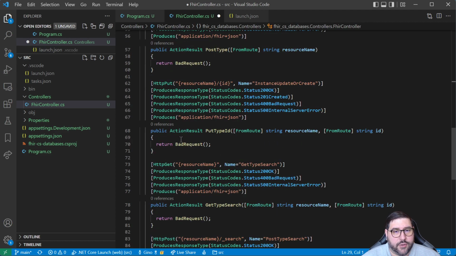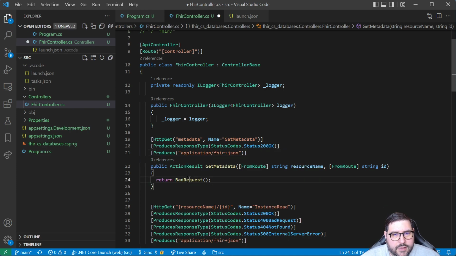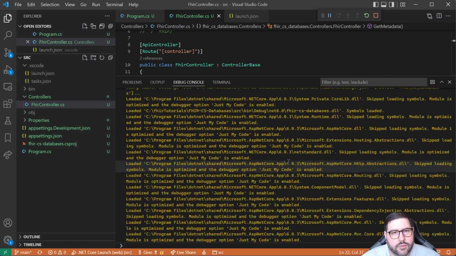If we wanted to, we could go instead down to where we have the conflict, which would be the get type search. That is the one that would be crossed. And we could just add the filtering here, so we could say this could be get type search or metadata, and that would work just as well. But we can put the route here explicitly saying this is on the metadata, and really the only options we have are OK in this case, because metadata should always work, but we no longer have any of these parameters. And you can see when we run this now,